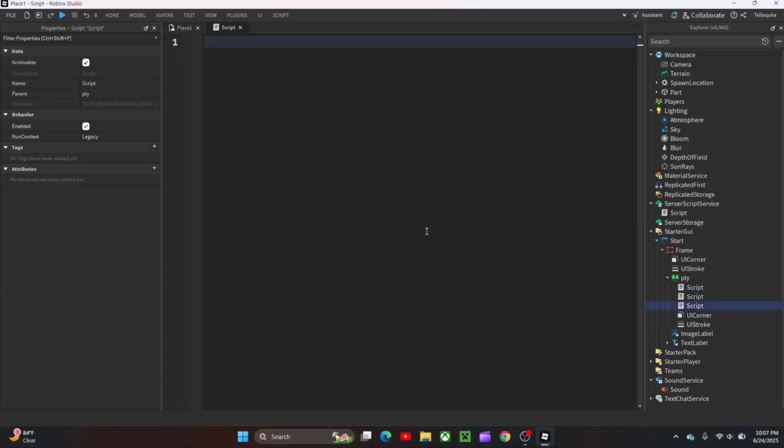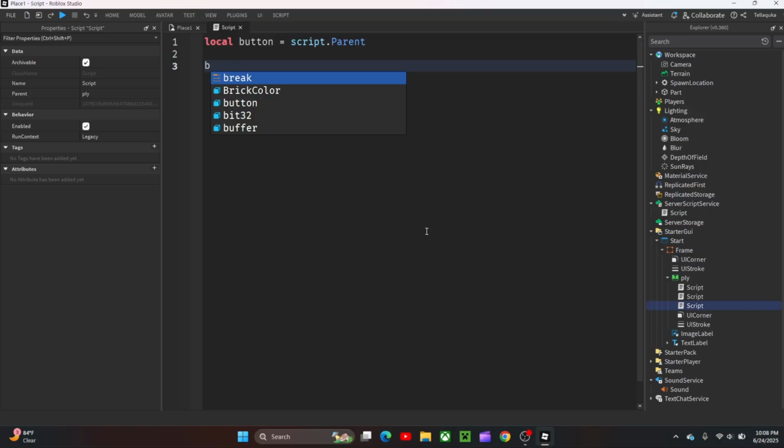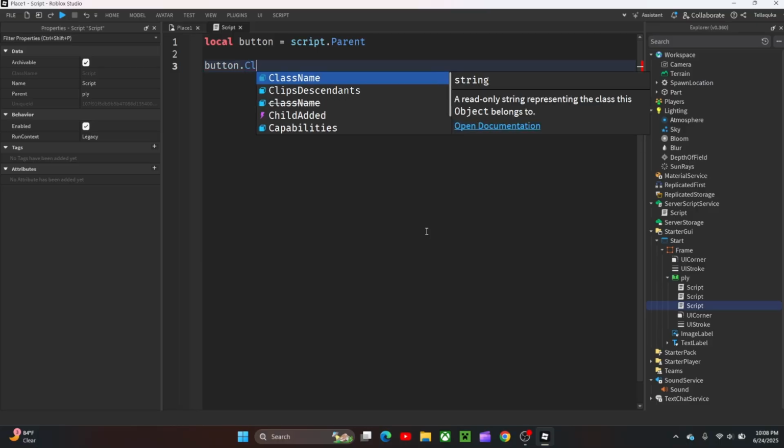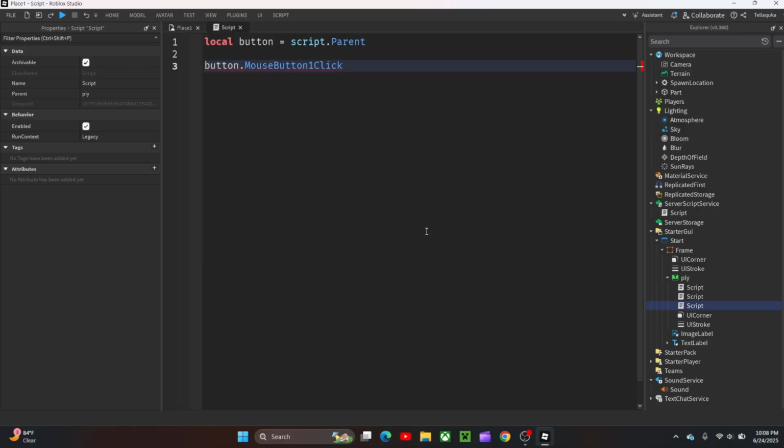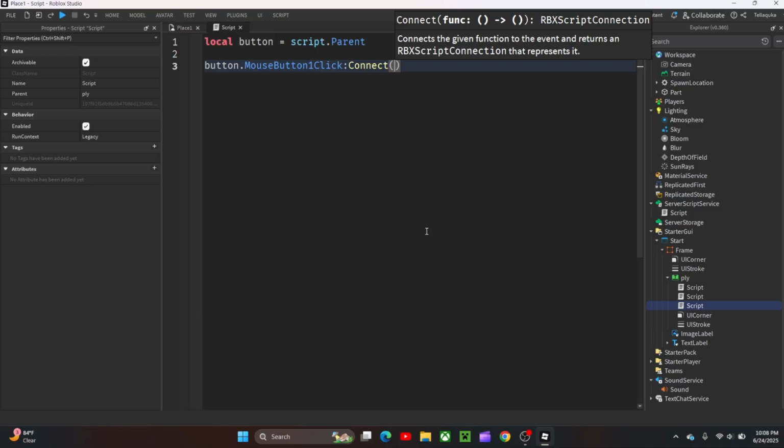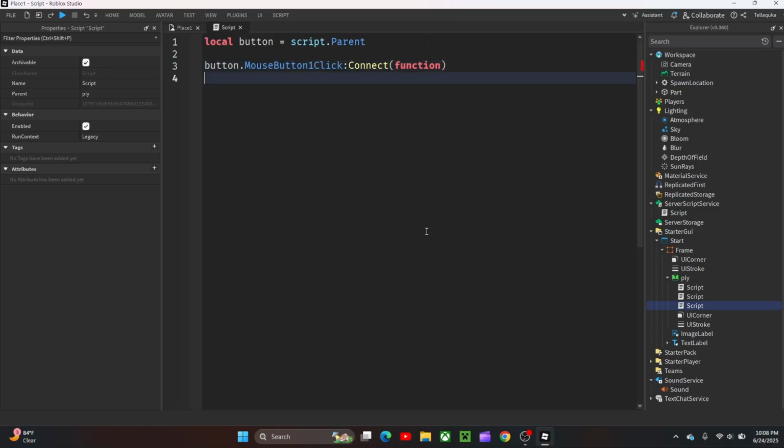So, local button equals script dot parent, and then we would put button dot click connect function, maybe function, and then